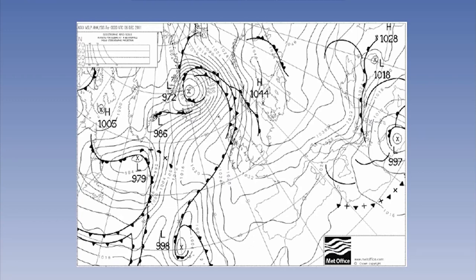Returning back to the surface pressure charts with isobars, we mentioned earlier in the lesson that there tends to be different spacing between the isobars in high and low pressure systems. The spacing of these isobars is significant and will tell us information about the strength of the pressure variation in a region, and hence the wind strength.